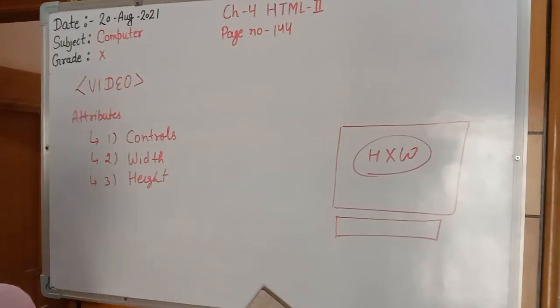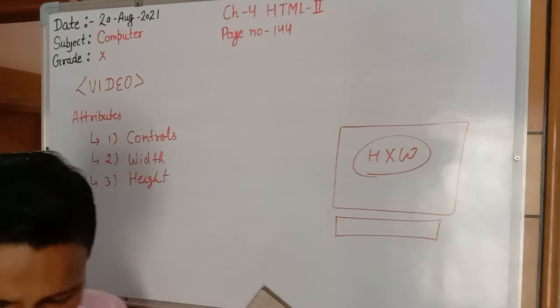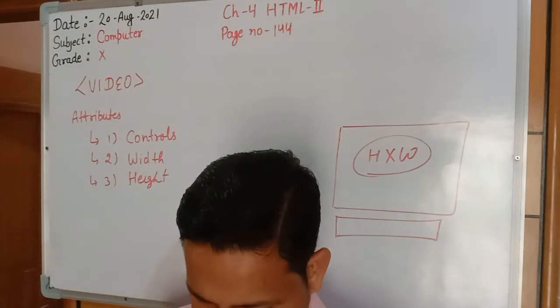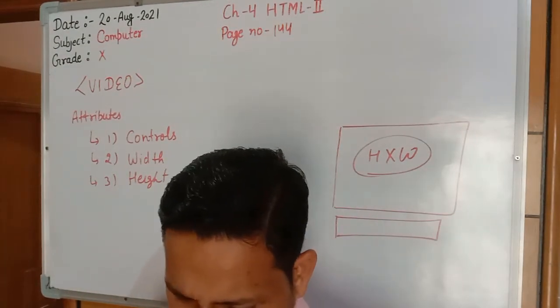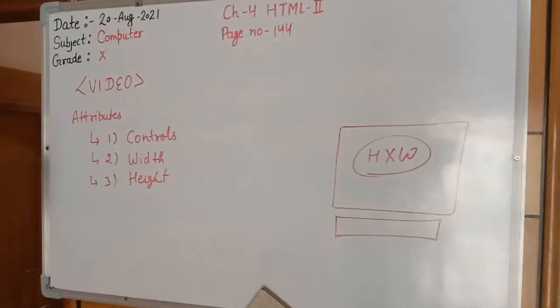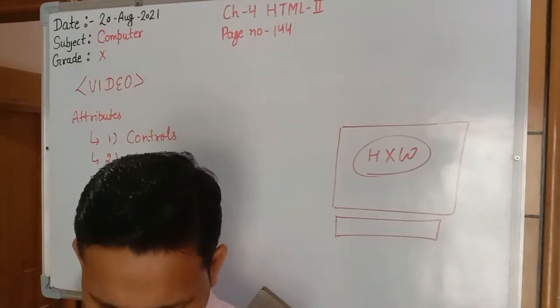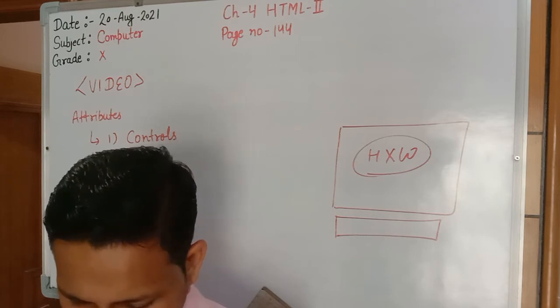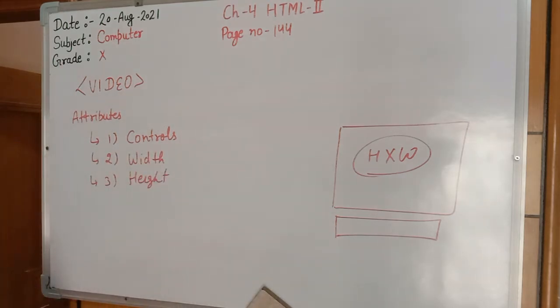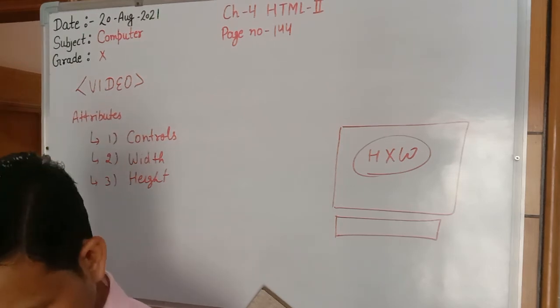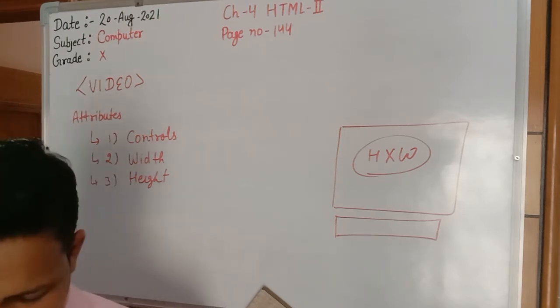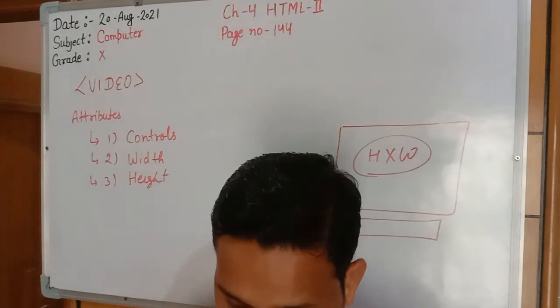Afterwards, the rest of the things are the same. Now as per your program number 15, SRC I have already told. SRC is to tell the source from where we will pick the file. Type will tell which type of file we are using, and autoplay. This is a boolean attribute. It decides whether the video will autoplay when opened or not. So let's see program 15, page number 149.